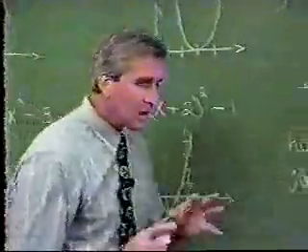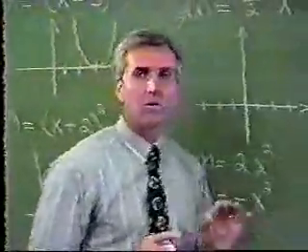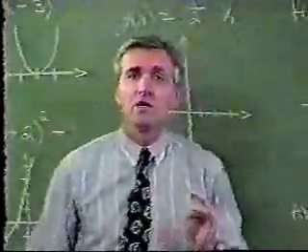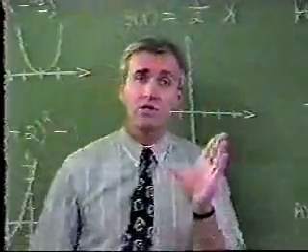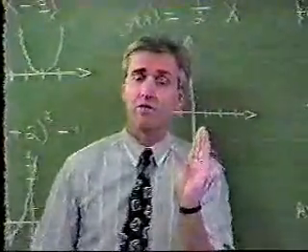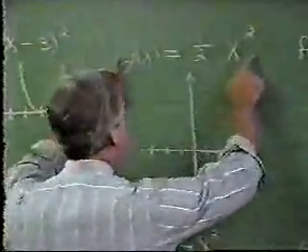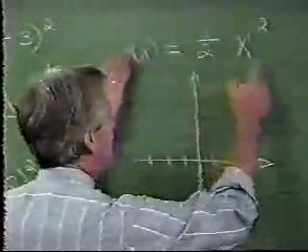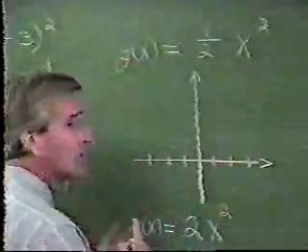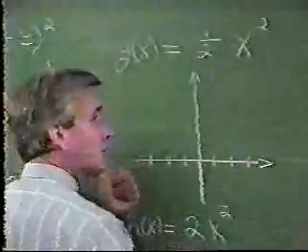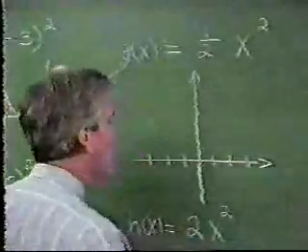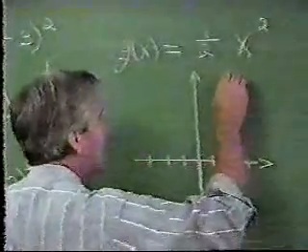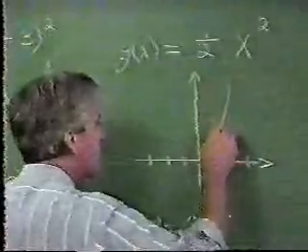Well, let's move now to non-rigid transformations, changes in the function that would cause a change in the very shape of the parabolic curve. We talked about a function like g of x is 1/2 x squared. Now, we think about this in comparison to the f function from earlier, f of x is x squared. If this is the x squared function,